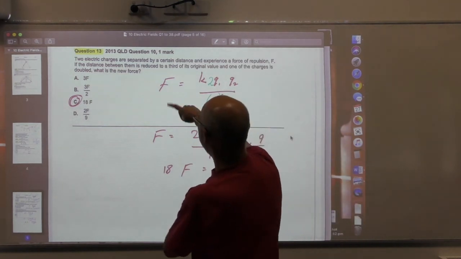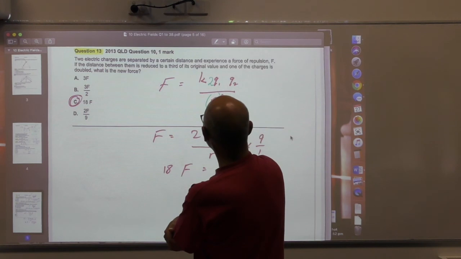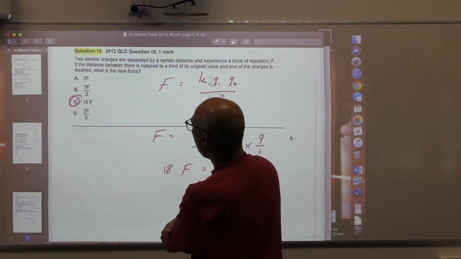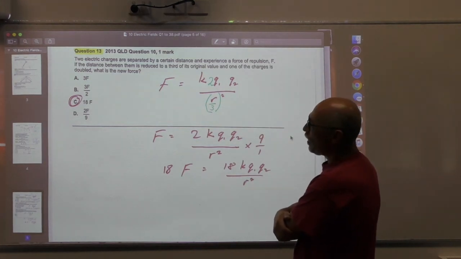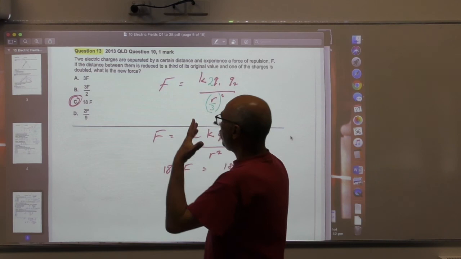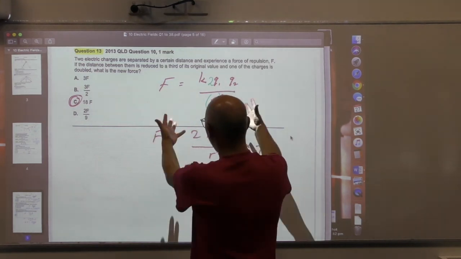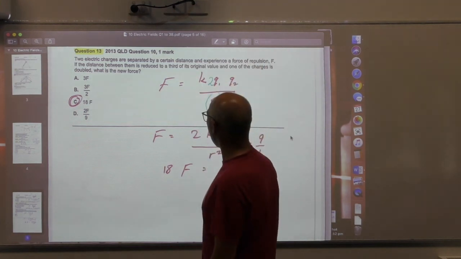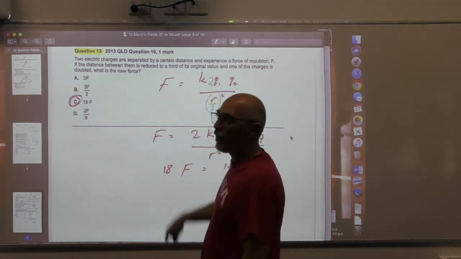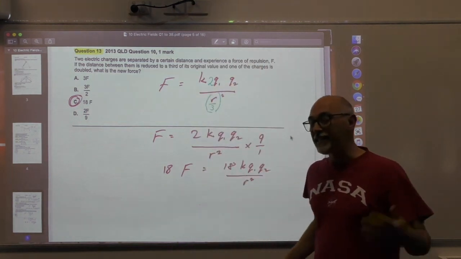So two electric charges are separated by a certain distance and experience a force of repulsion F. If the distance between them is reduced to a third of its original value and one of the charges is doubled, what is the new force? So again, this is the force between two charges. You write the force equation down and then do what they say. So you double one of the charges and you take a third of the separation